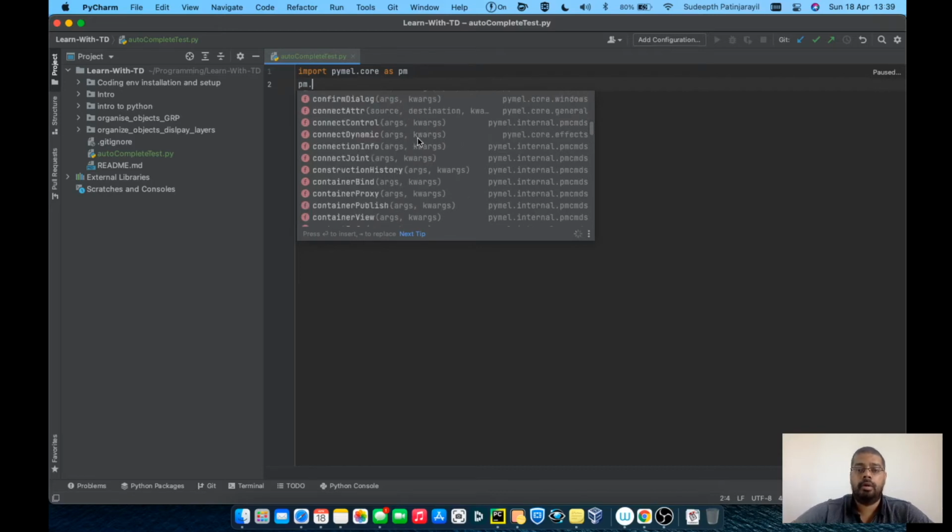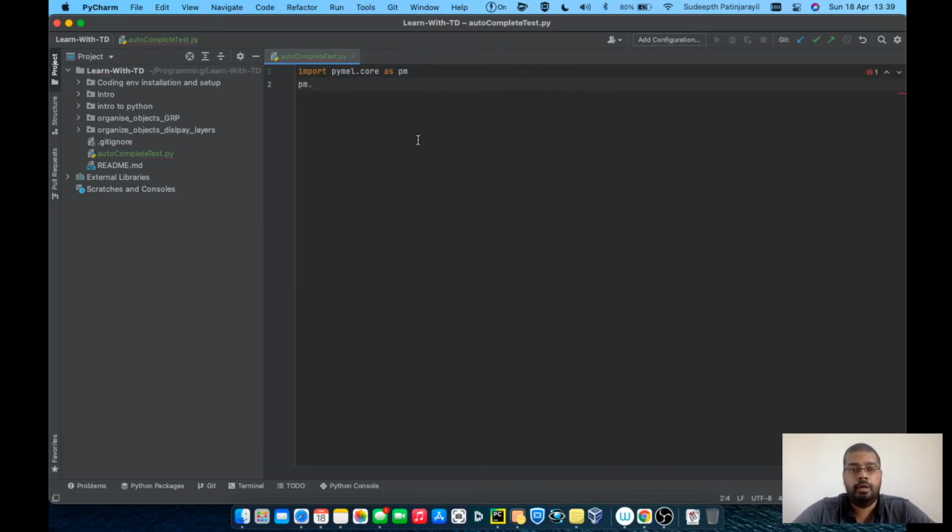For getting the timeline related options, you have playbackOptions. So as soon as you type,